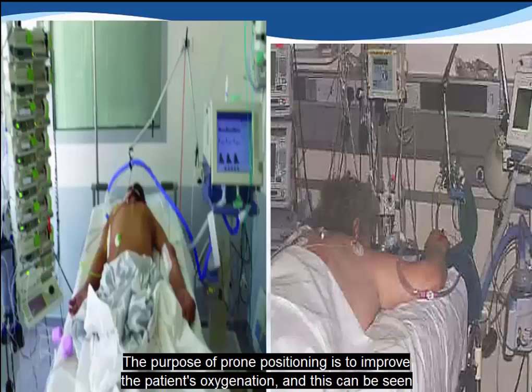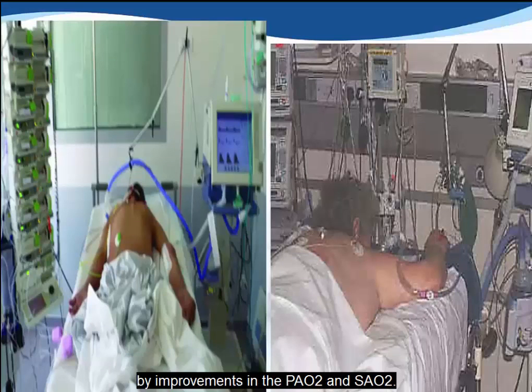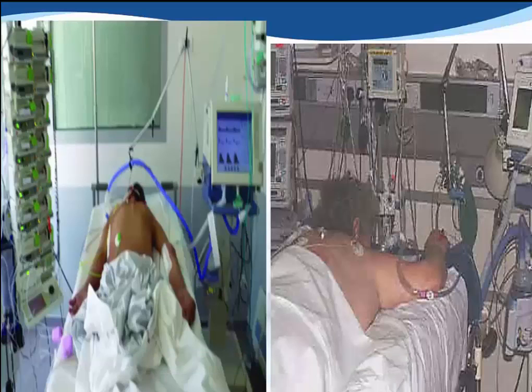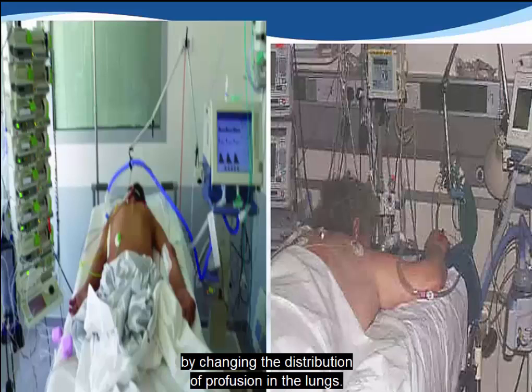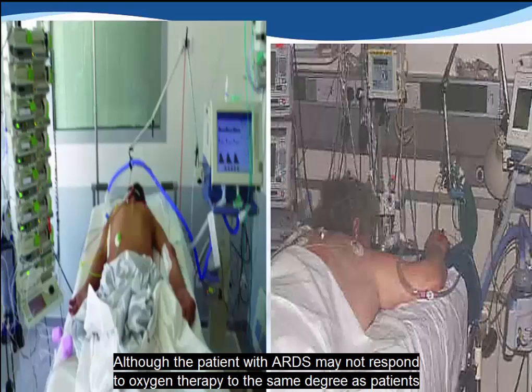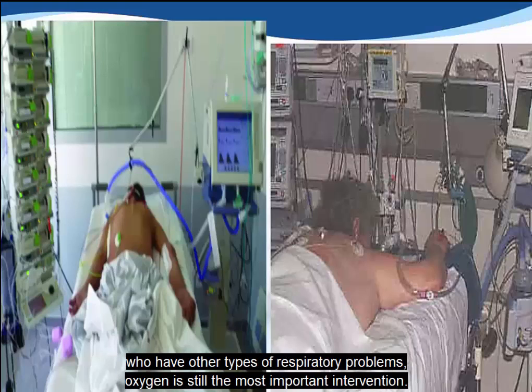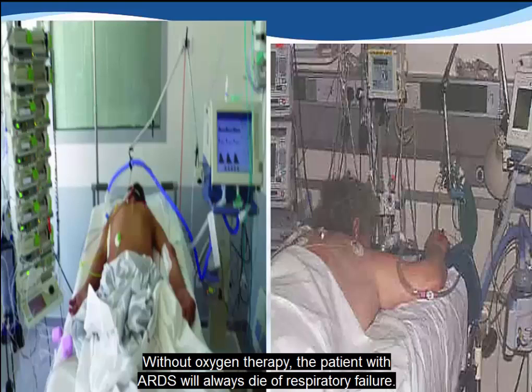The purpose of prone positioning is to improve the patient's oxygenation, and this can be seen by improvements in the PaO2 and SaO2. Prone positioning improves oxygenation by changing the distribution of perfusion in the lungs. Although the patient with ARDS may not respond to oxygen therapy to the same degree as patients who have other types of respiratory problems, oxygen is still the most important intervention. Without oxygen therapy, the patient with ARDS will always die of